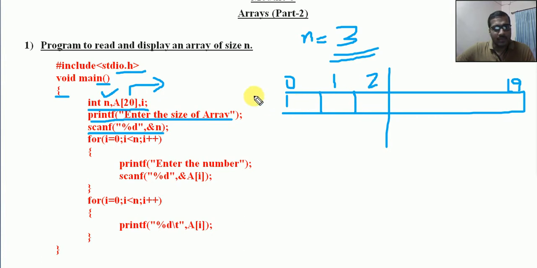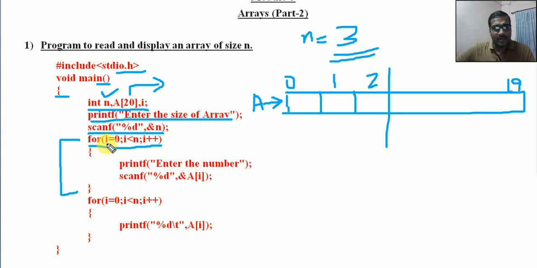Okay, the name of the array is a. a holds the base address of the array. Now next, the for loop. This for loop is actually used for reading array elements one by one. So we are using a for loop. Just listen to this loop. This is very important because it is used with all array programs.